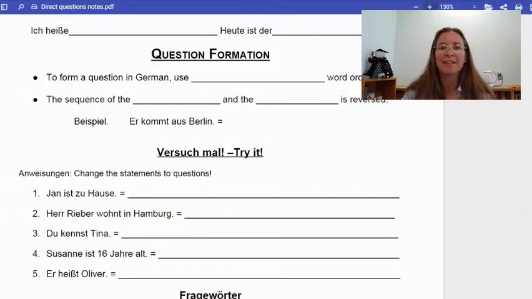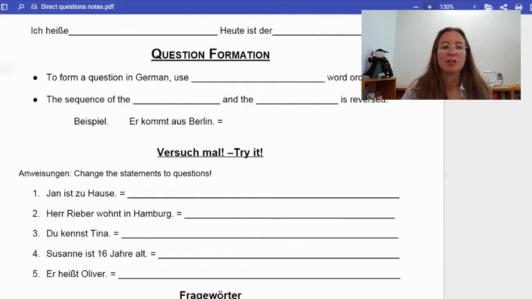Hier spricht Frau Miller. Wir sind jetzt in Kapitel 2 und wir sprechen über Fragen. Fragen is the German word for questions. We're going to talk about word order, Wortstellung, and asking questions, because something kind of neat happens when you ask questions. You may not have even thought about it in English before. So take notes with me, and then we're going to do some guided practice, and then you'll be fast eine Experte. Okay, here we go.